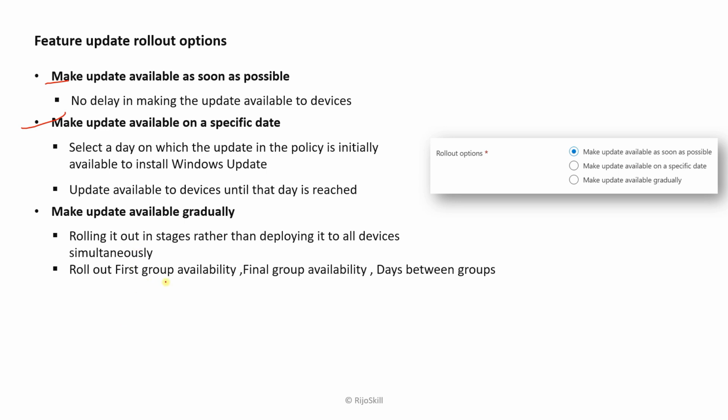And rule out first group availability, final group availability, and days between these three options. For the first group availability, you can give the date on which you need the update to be available for the first group, and you need to give the date for the final group availability. And days between the groups means, for example, you will provide a 7-day gap, and here you need to put the first